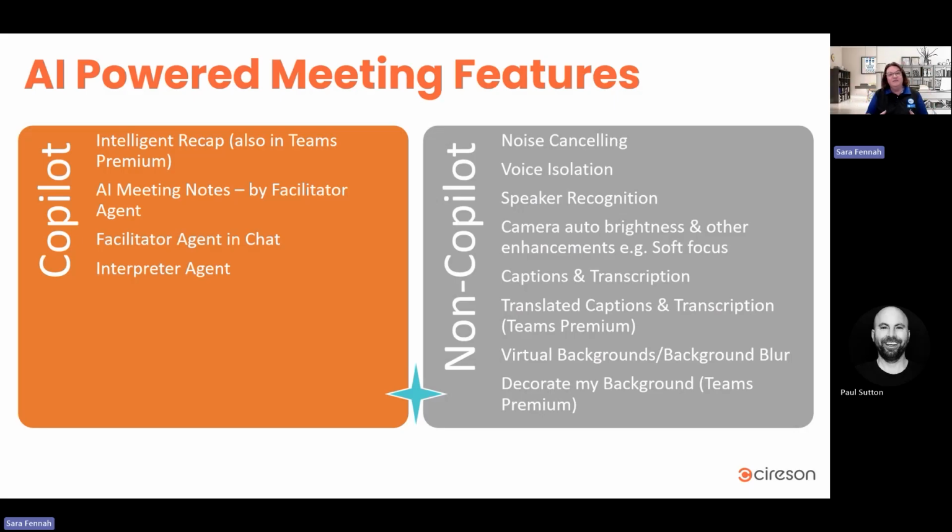Okay, some of these features are included in standard. Some of these features we need the add-on license, and there are two add-on licenses that unlock additional features in Teams for our Teams meetings, and that's Teams Premium and of course Copilot. Okay, now if you've got all of the features available to you,